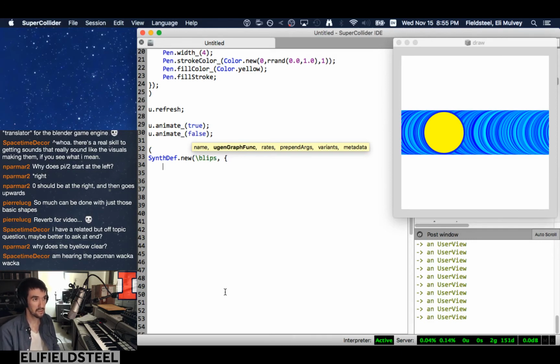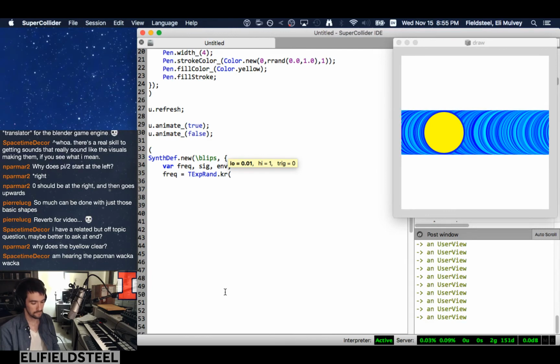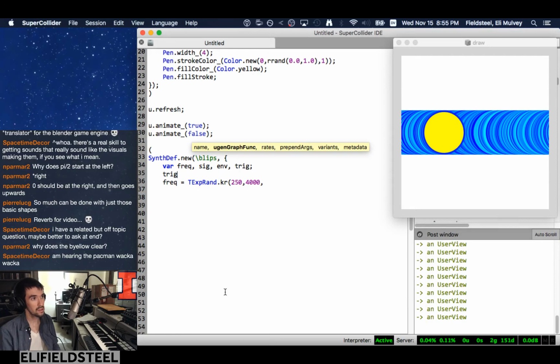I'm not very creative with my names. Arg freak. Actually, let's do var freq, big env. freq equals TXRand.kr. We will have this go from 250 to 4000. And the trigger is going to be